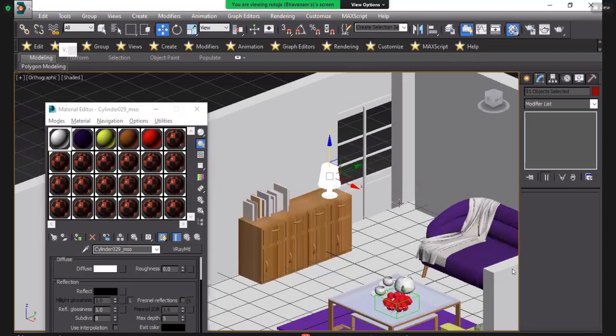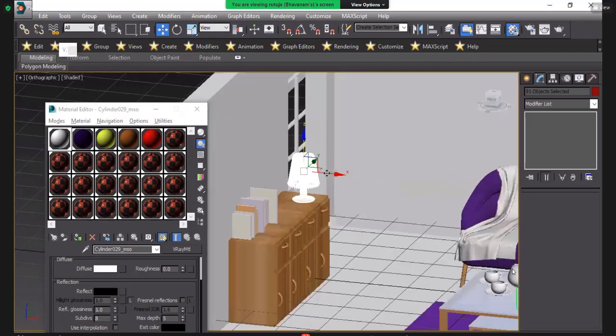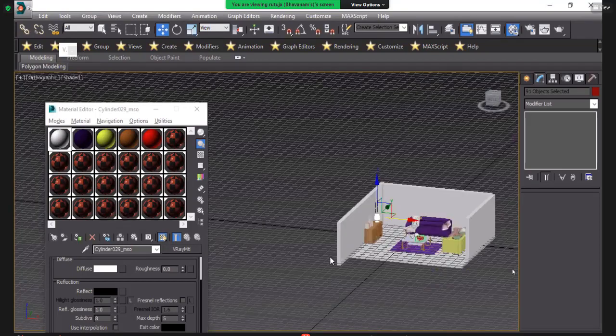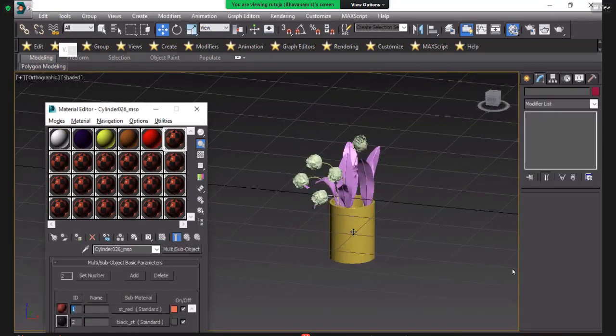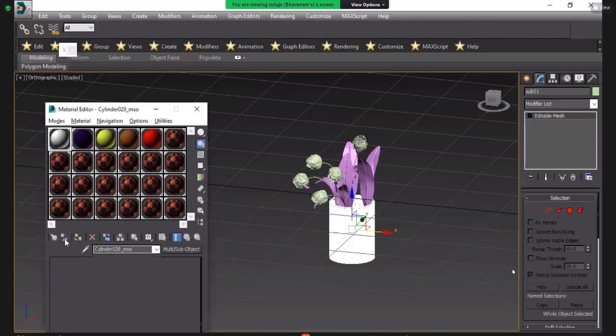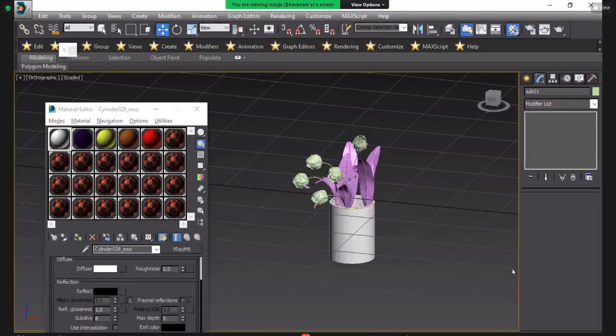Like that, you will place your table lamp here. Okay. So now we can color this one. What we can do, I will color this one blue.